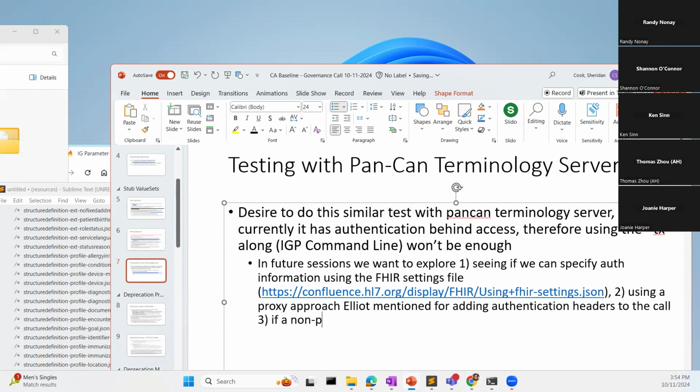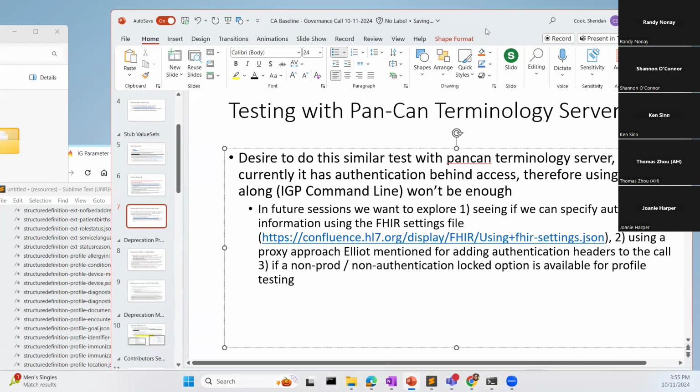And three, a non-authenticated option. So really like 2, 3. And I'm guessing this is something that interests other people too, because it's